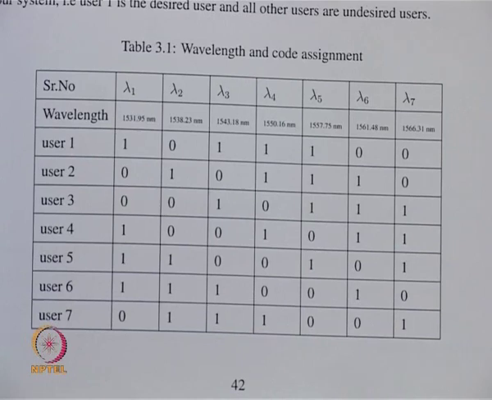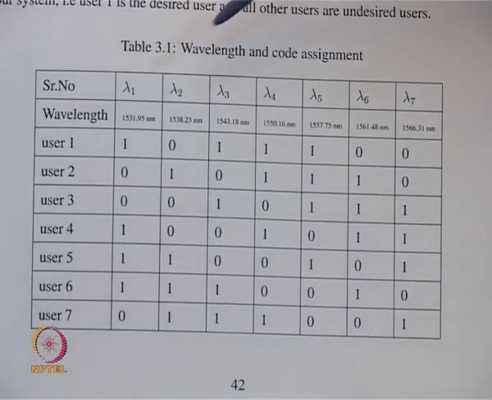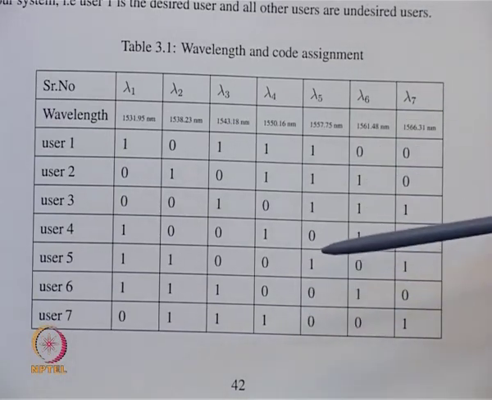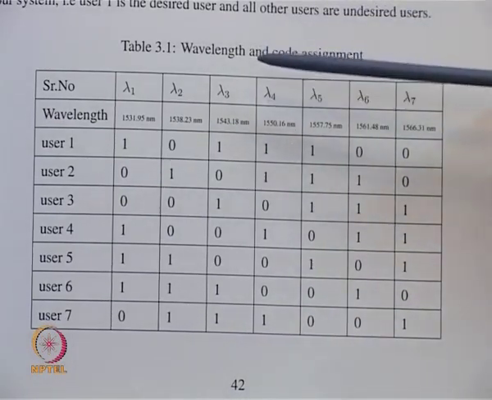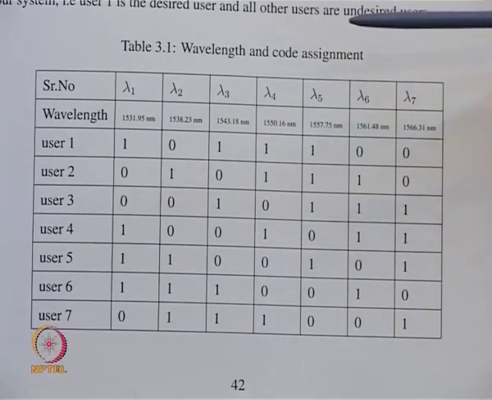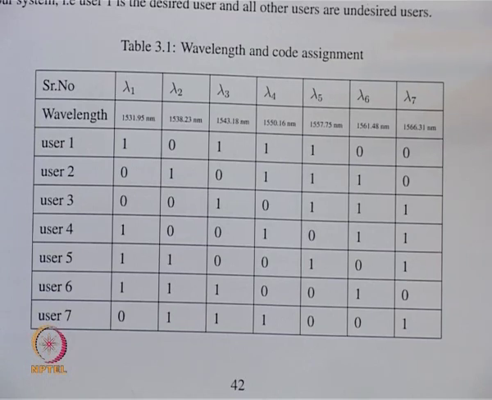In optical CDMA, simultaneously 4 signals are transmitted for an M-sequence code of length 7. So codes are selected based upon the codes assigned to each user. For example, user 1, the signal is coded with lambda 1 signal, lambda 3 signal, lambda 4 signal and lambda 5 signal. User 3 is encoded with lambda 3 signal, lambda 5 signal, lambda 6 signal and lambda